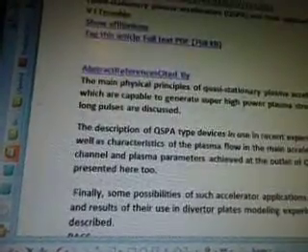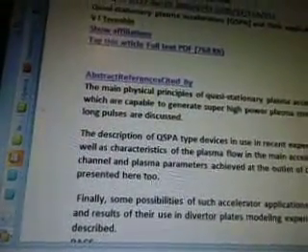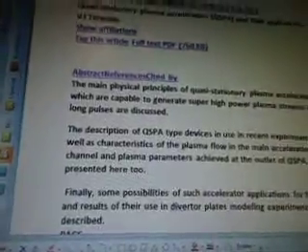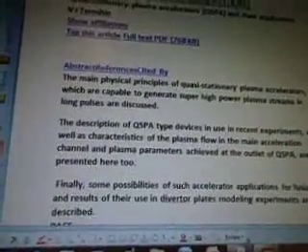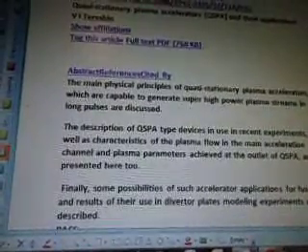So I'm going to quote the data from V.I. Tereshin, 1995, Plasma Phys Control Fusion. Again, he's talking about accelerators, and here's the abstract for it. The main physical principles of quasi-stationary plasma accelerators, which are capable to generate super high power plasma streams in long